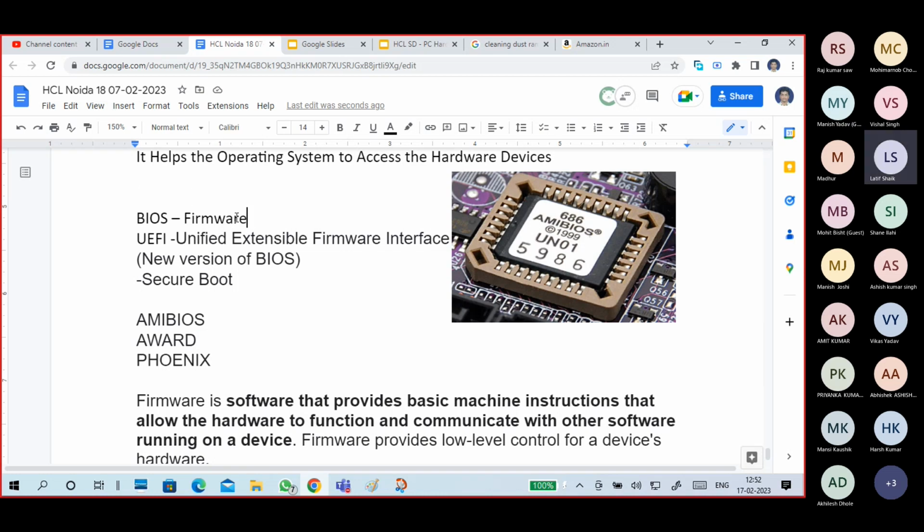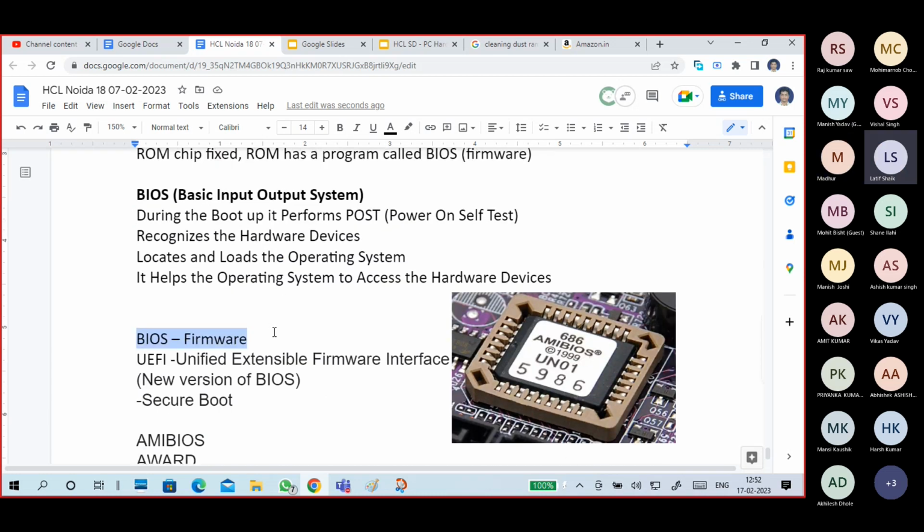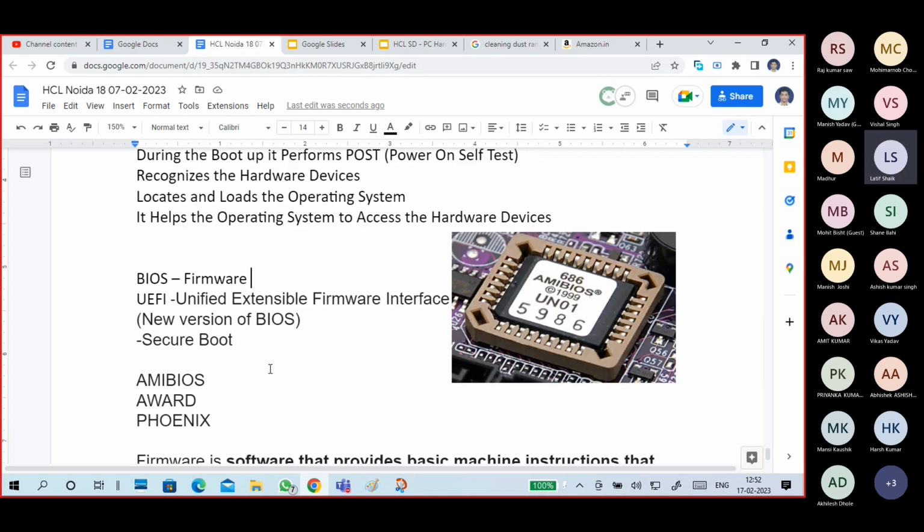Okay, so what is the BIOS, guys? It's nothing but firmware. It is a program which helps boot your PC and recognizes your hardware devices. It locates your operating system and helps you load it. It helps the operating system access your hardware devices, because the operating system doesn't exactly know what hardware components